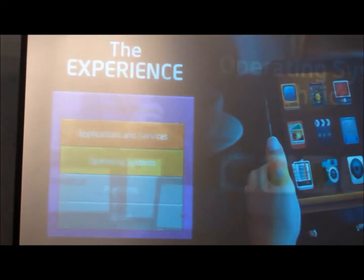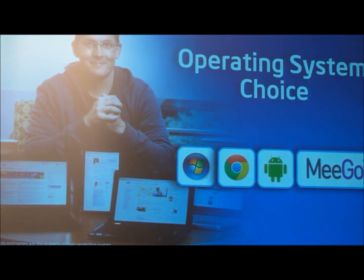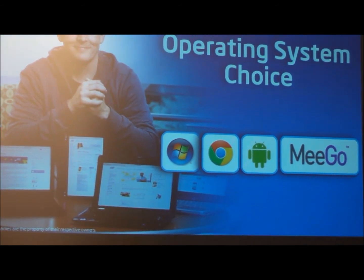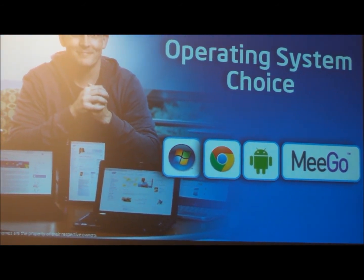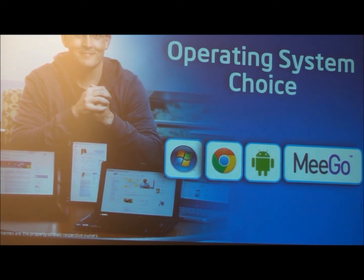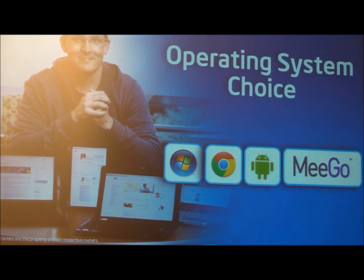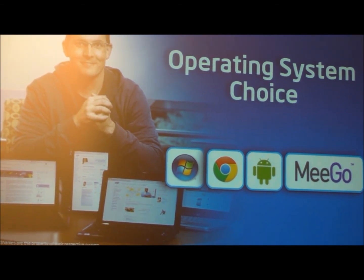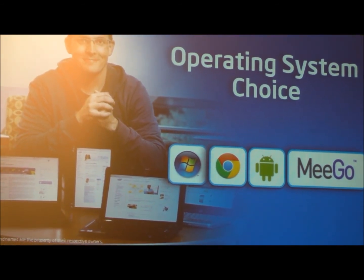So let's go ahead and get into that. I talked a little bit about operating system choice. Again, Windows 7 tablets, the only ones in the world are running on Intel. Some are in the market on Oak Trail, and more are coming towards the second half of the year on Android and MeeGo. Chromebooks, I'm sure all of you are aware that Acer and Samsung are shipping Chromebooks today, again